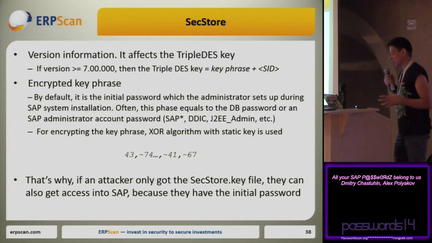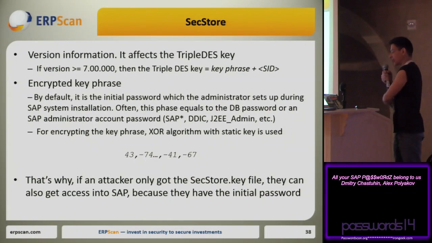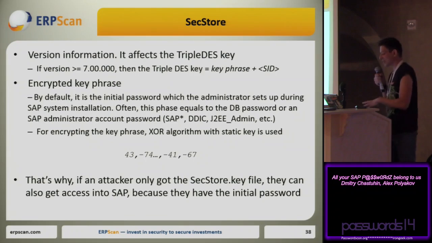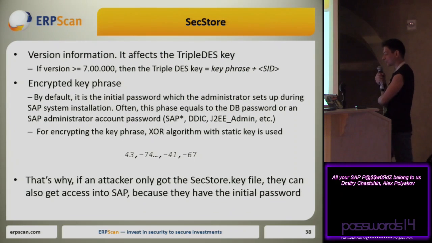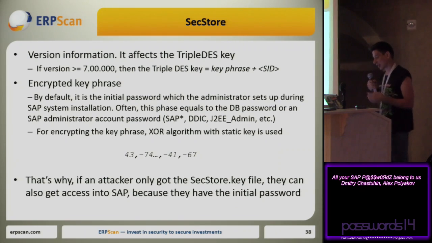Version information. Depending on version, the triple DES key may be changed. For example, if the version of the key file is above 7.0, this means the key equals the key phrase plus the SID of SAP. The next one is the encrypted key phrase. By default, it is an initial password which the administrator set up during